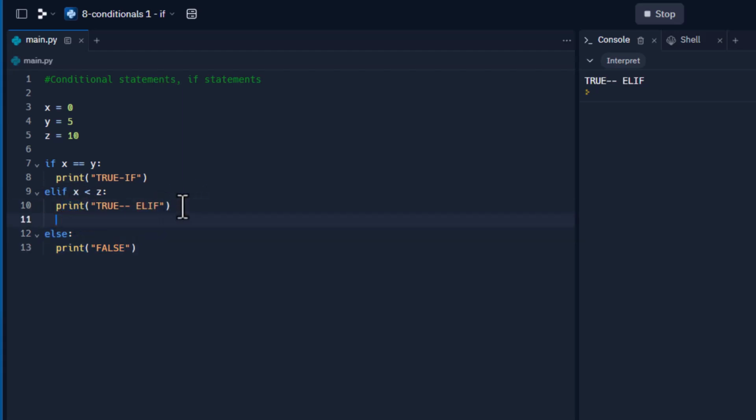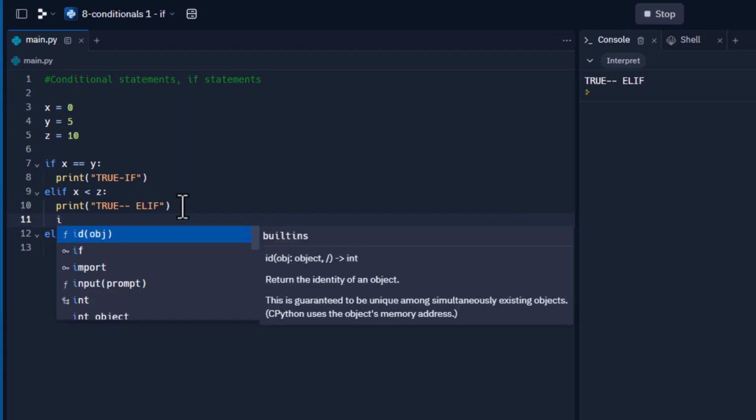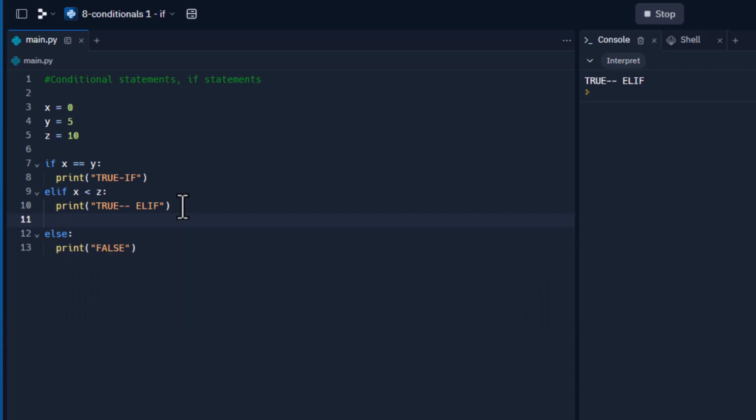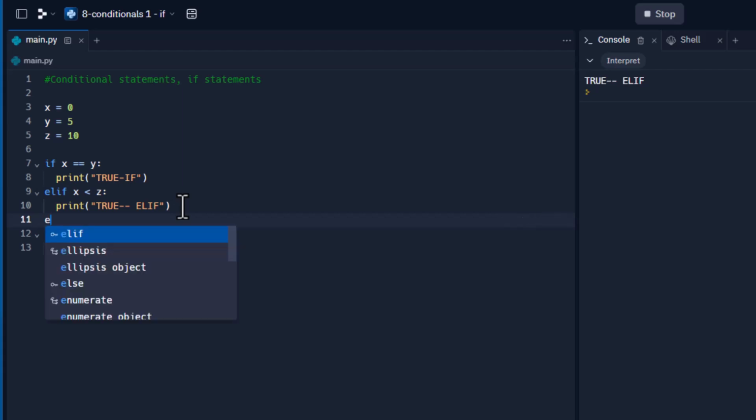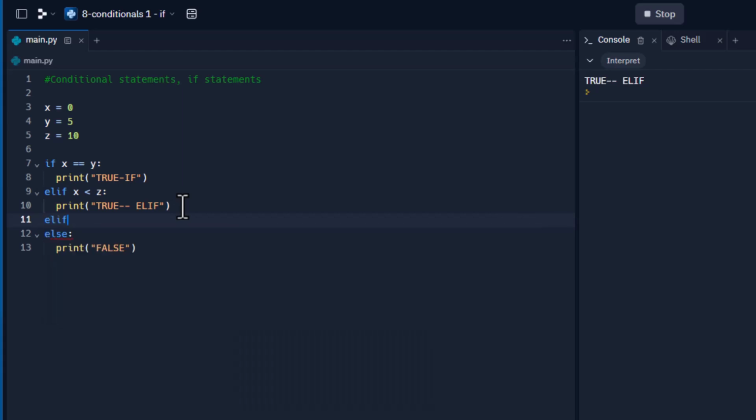All right, let's do another one. So we can actually do multiple ones. Now notice that when I hit the return button, you don't want to make a mistake of putting the elif here. It has to be outside, because if we did it here, which we could do, we can put another if statement, but that is inside of the elif part, so we don't want that. So what we can do is we'll do elif,